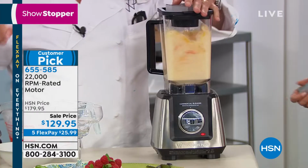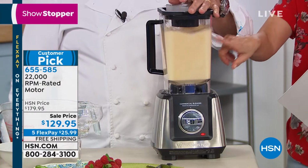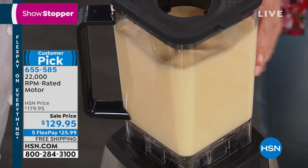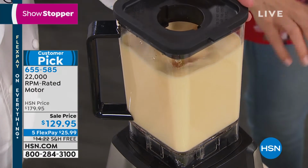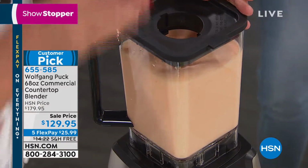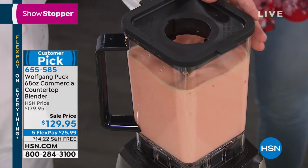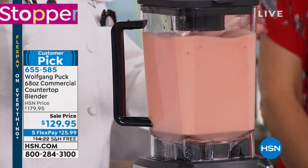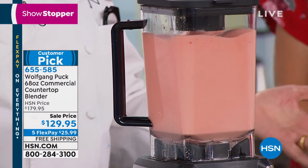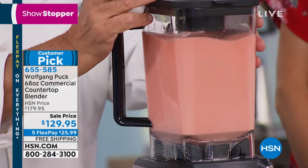It crushes ice. It gives you the same amount of volume in the blender, and that's that beautiful Tritan material. That's the plastic that looks like glass, so it stays clear. It never gets cloudy, and you can add all your fresh ingredients. All fruits, whatever you like, you just put them in here, and like a professional bartender, you're...